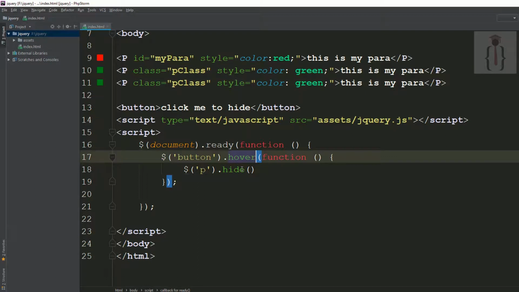Okay, I'm just telling you, we will use all the events while working on real-time examples, like how can you create your search system with your server-side language like PHP. We will discuss them because this is the